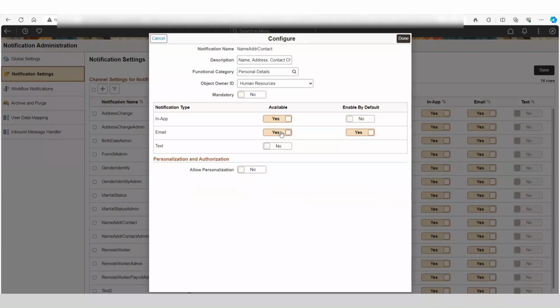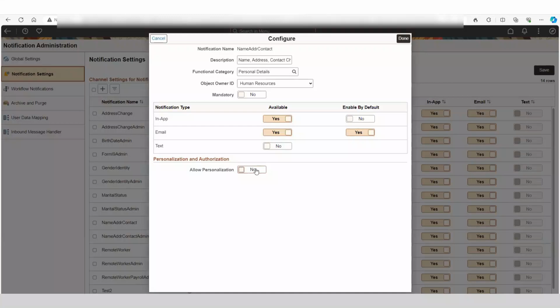I was trying to make sure the demo was going to work. So as delivered, what HCM did is say that employees get an email by default when they get a notification. As delivered, typically we don't make anything mandatory. That's really up to the customer. And we don't really allow personalization. That's a customer choice. And if we did allow personalization, some of the roles we delivered may not have it. So as a general rule,